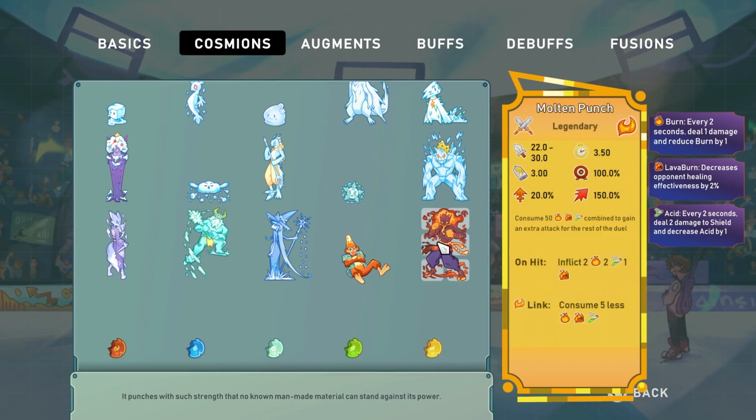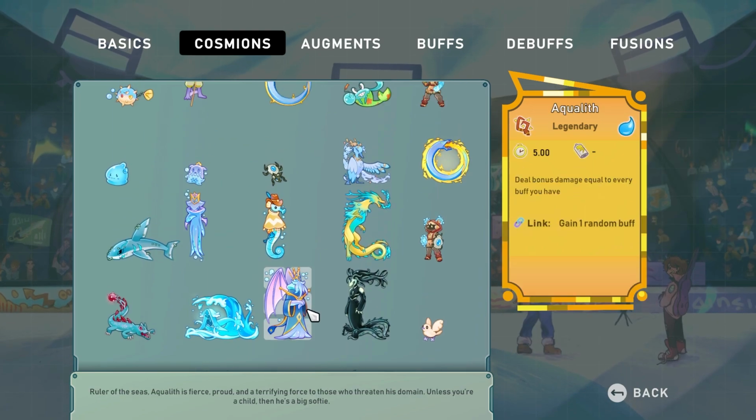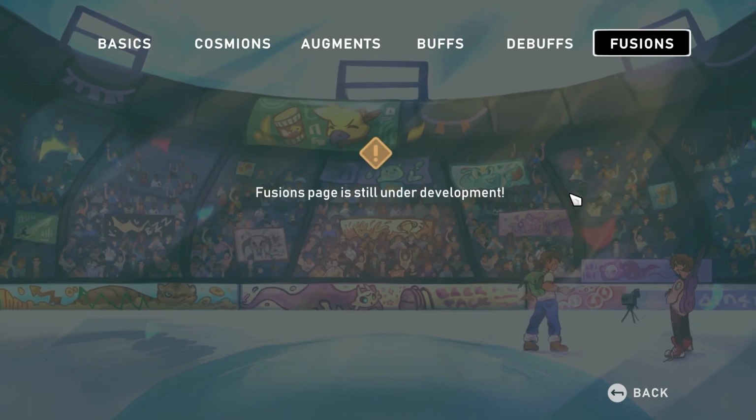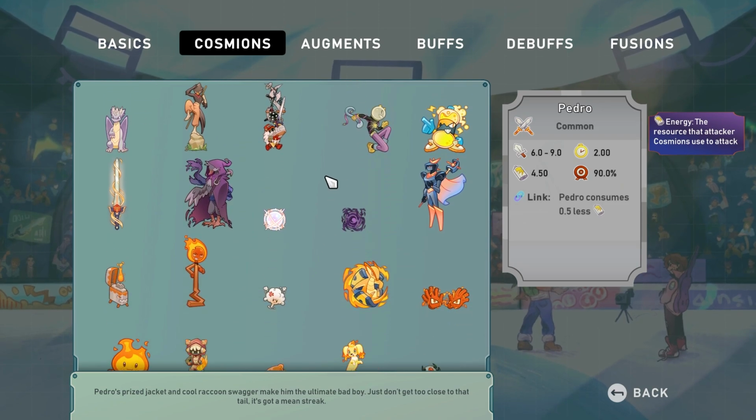Oh yeah, Fire does have Molten Punch. That's the other legendary that I was looking for in combination with Yogin. Is the Fusion map up yet? Okay, so this still isn't up yet, but yeah, that's kind of overall how I'm, oh yeah, and then Rogue